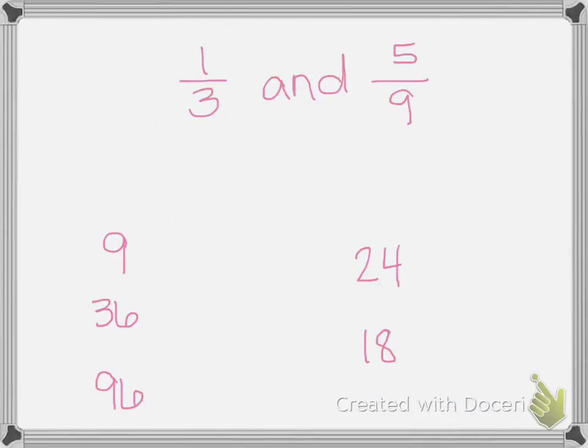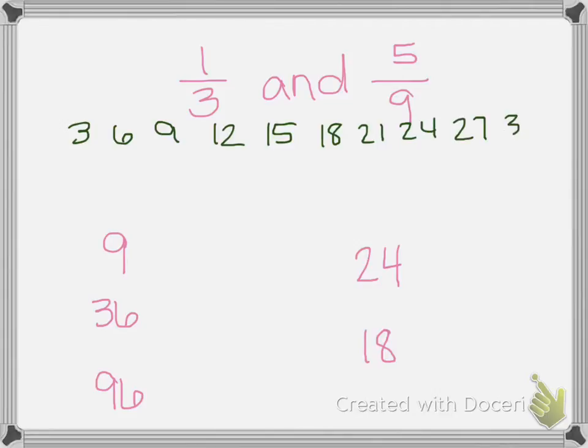Number 3 says fill in the circles next to all possible common denominators for the pair of fractions. So if I want to find common denominators, I list my multiples. So for 3: 3, 6, 9, 12, 15, 18, 21, 24, 27, 30, 33, 36, 39, 42. For 9, we can do the same thing, but let's check and make sure which one of these fit